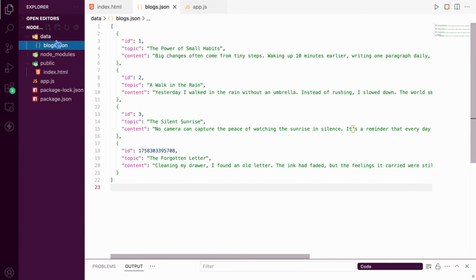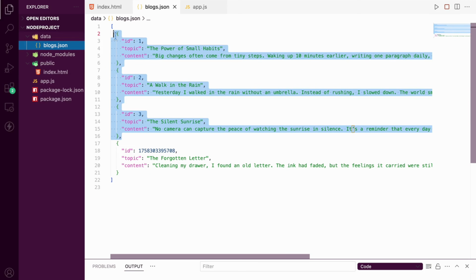Next, let's look at blogs.json. This is like a mini database where all our blogs are stored in JSON format. Each blog has an ID, a unique number so we can identify blogs, a topic, the title of the blog, and content, the actual blog text. The file already has some default blogs like The Power of Small Habits, A Walk in the Rain, The Silent Sunrise.